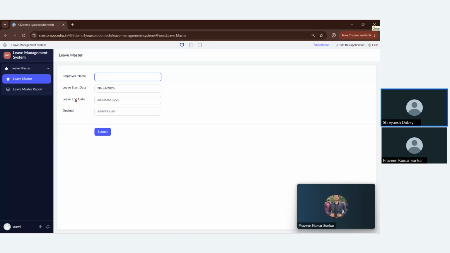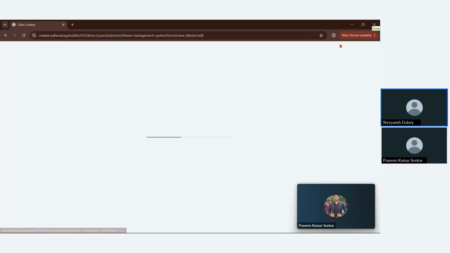When we put the leave start date and leave end date, it will automatically calculate this particular field over here, which will be the number of days he is taking leave. As you can see, this field name is still Decimal. Now, you may want to edit it. Sometimes a mishap happens and you didn't rename that particular field. So what you have to do is click on edit this application,